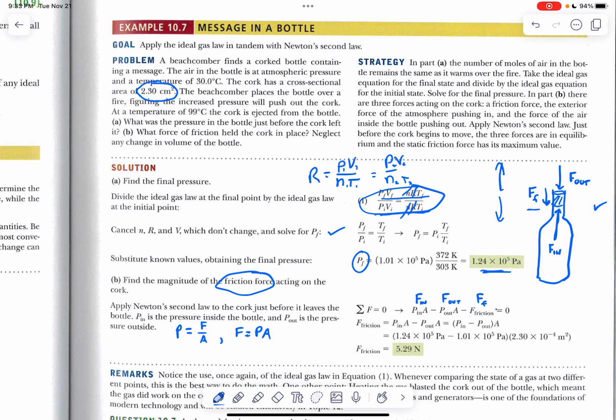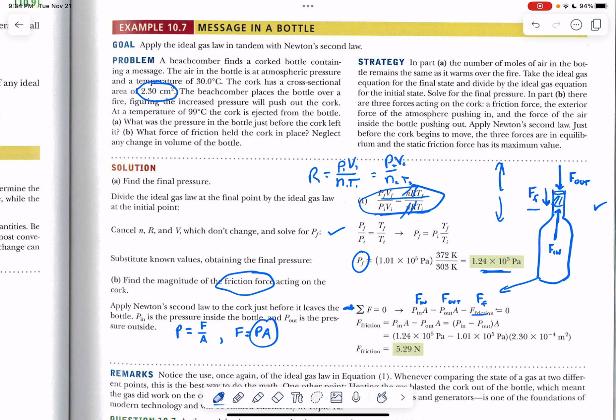So you can see why I drew my force of friction vector acting down. We also have the air pressure pushing down, and inside we have the force of the gas pushing up. So the up forces are going to equal the down forces, which is what we have down here. And if you remember that force equals pressure times area, that gives us this equation. When the summation of the forces equals 0, and I plug in PA for each force, but I leave the force of friction as is,